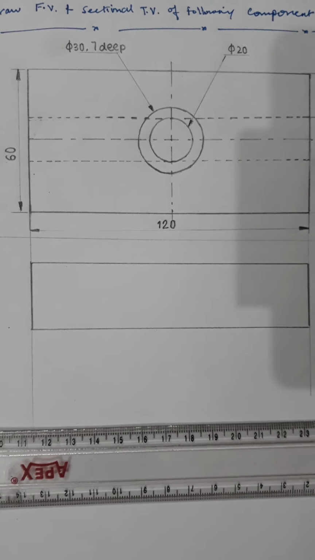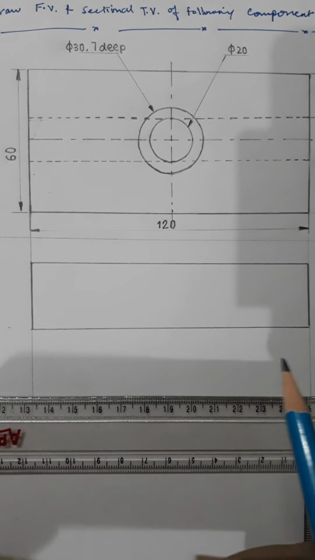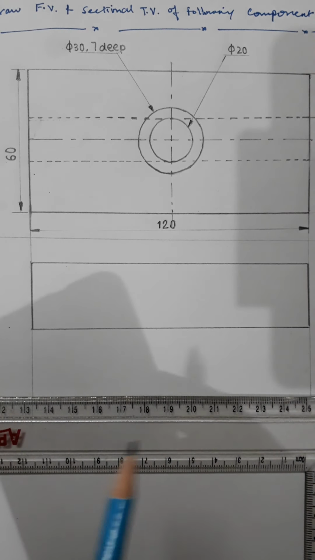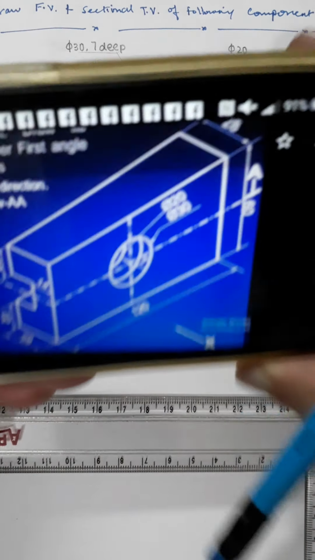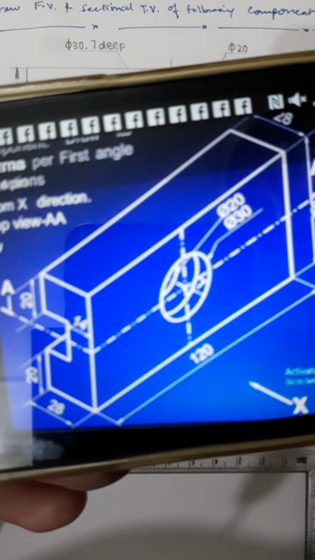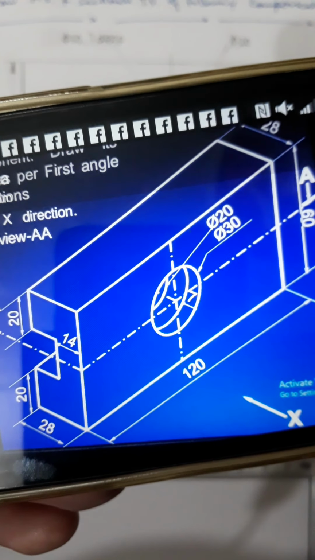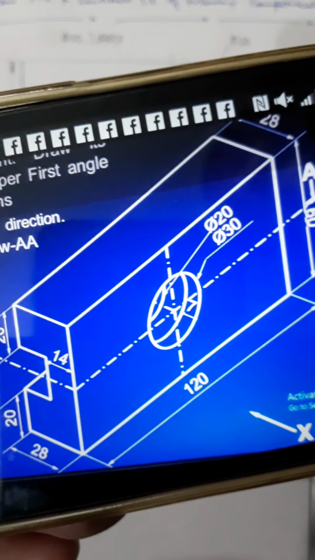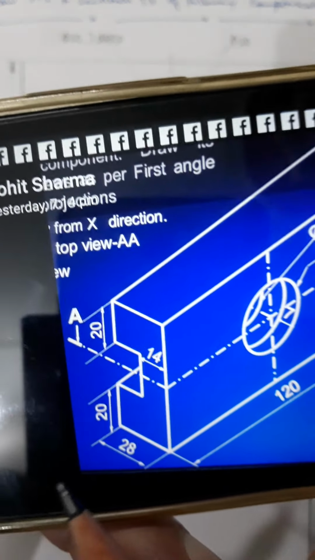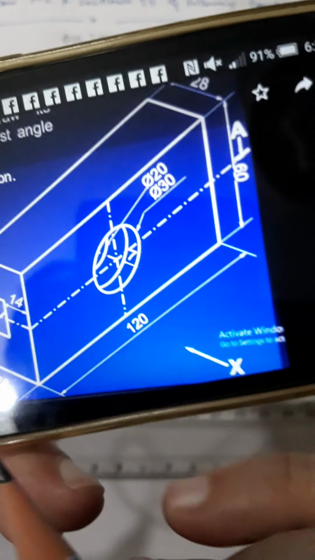Now next is what you can see here. So 28 by 120 is there, then there are two holes. After sectioning what will happen? There are two depths, one is 28 and the other depth is 14 mm.